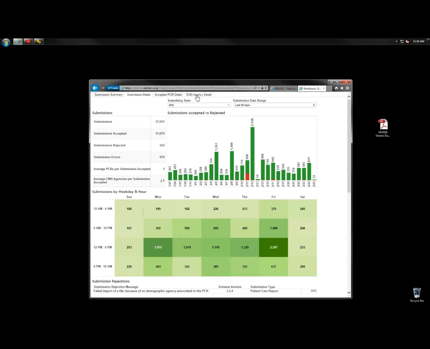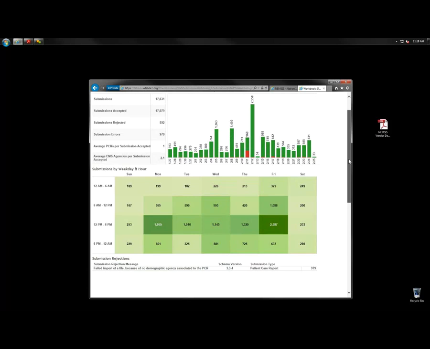Mhm. Hello, this is Juan. On this particular page, the 979, does that represent the number of records that failed that particular error? That's the number of errors that were generated by submissions in the last 30 days. That's not necessarily the number of files that were rejected. That's up here. It's 552. So the error rate is higher than the rejection rate. Okay. I was referring to the error down at the bottom where it says submission rejection. Mm-hmm. So those two are going to be the same numbers. Okay,